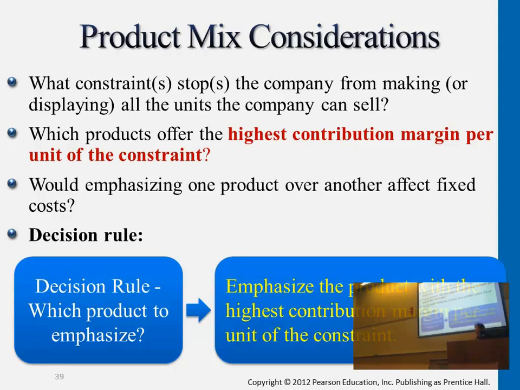So for this case here, we want to emphasize, for every machine hour, the products whose total contribution margin we're able to get more of. Or for every labor hour, how many delicate products we're able to get out of it. So some of them, even though the unit contribution margin is higher, if we're not able to produce as many in quantity, then we may need to drop them or emphasize them less. So this is the fourth decision.